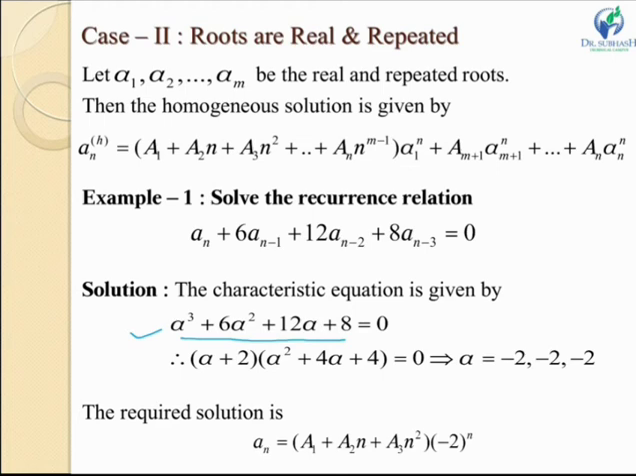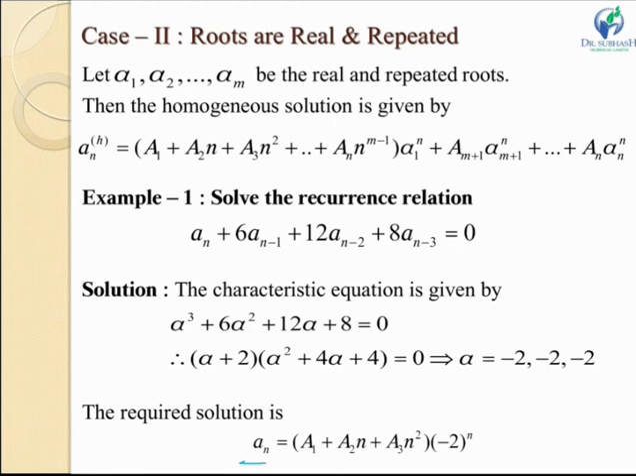Then by using the table method, I will get alpha square plus 4 alpha plus 4 equal to 0. And this again can be written as (alpha plus 2) into (alpha plus 2). Now from this we get alpha equal to minus 2 and minus 2. So these are all real and all repeated. So the general solution is